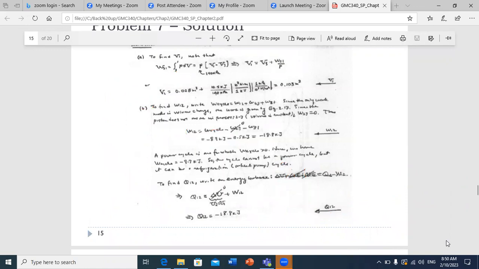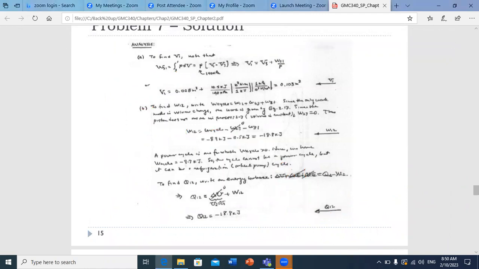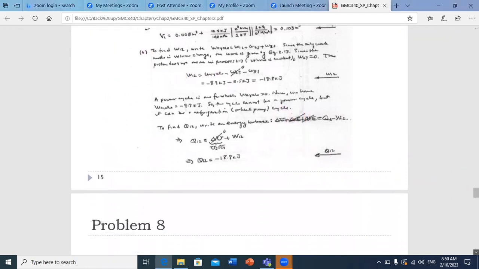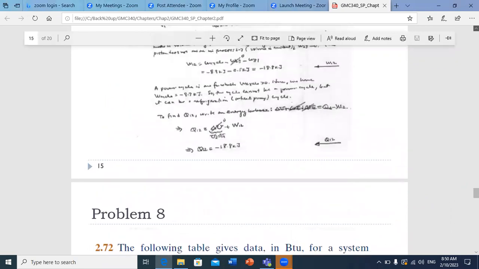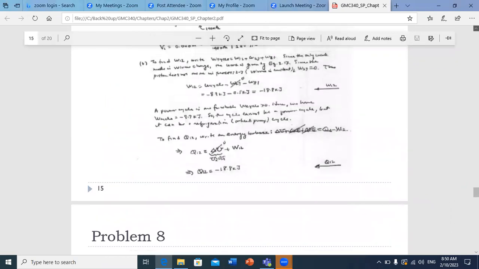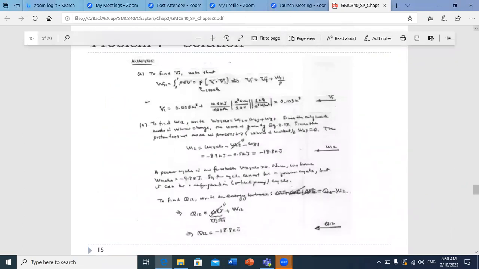And now to answer the question if it's a power cycle or not, if you remember, what should we do? We should see the W cycle. Yes, exactly. To have a power cycle, we should have positive generation of work. That means if it's a power cycle, we have production of work, not the opposite. We said in the refrigeration cycle